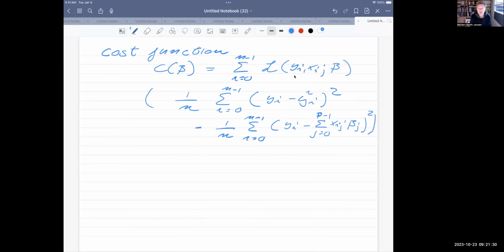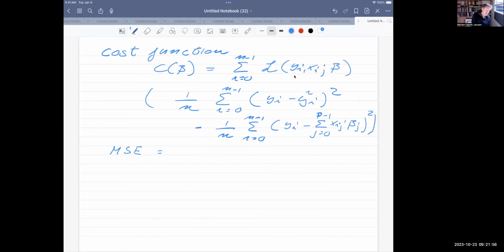So this is a typical example of a cost function which we have been using, where this L is now given by the individual contribution. That's often called the loss function. But then these names are used interchangeably. So sometimes one calls the cost function just the loss function. So the quantity which you see here, if we now look at the mean squared error,